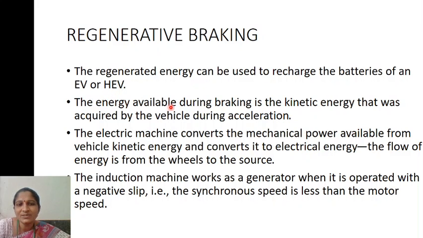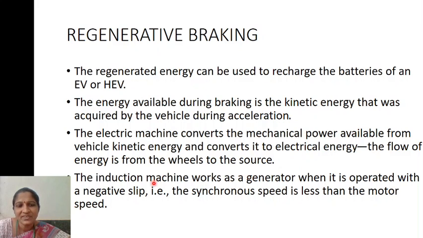So the energy available during braking, that is when you press the brakes, there is some amount of kinetic energy. That kinetic energy was acquired by the vehicle during the acceleration. So the electric machine converts the mechanical power available from the vehicle kinetic energy. So when it is under acceleration, there is some amount of kinetic energy. That kinetic energy is nothing but is available at a machine as the mechanical power. So now this machine will convert the mechanical power to the electrical power, so that electrical energy will be supplied